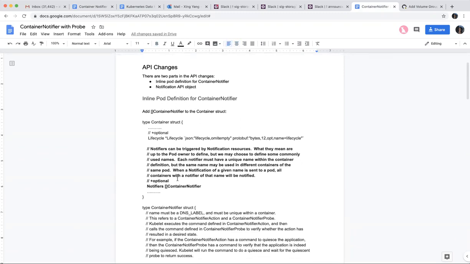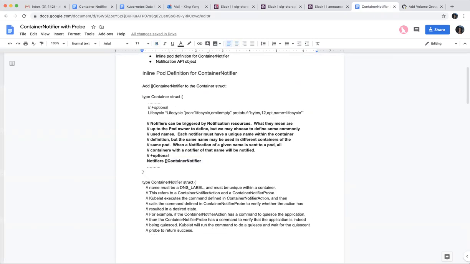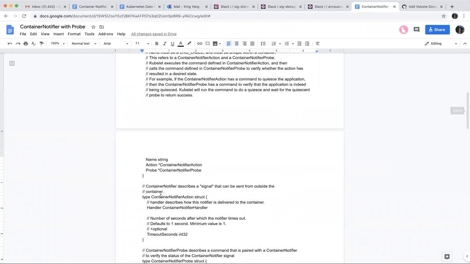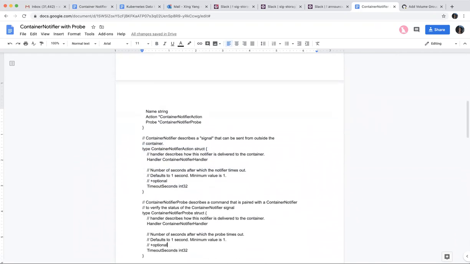But for this container notifier, I divided this into 2 parts. It still has this name, but then it has an action and a probe. And then the action will be the same as what we have for the container notifier today. It has this command, has a timeout, but then we also added a probe.